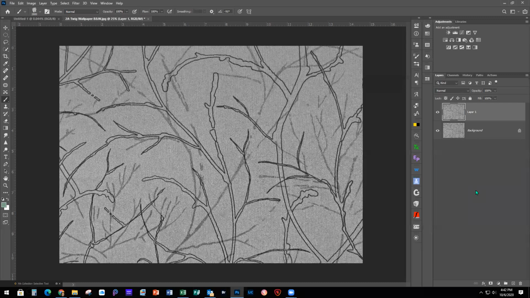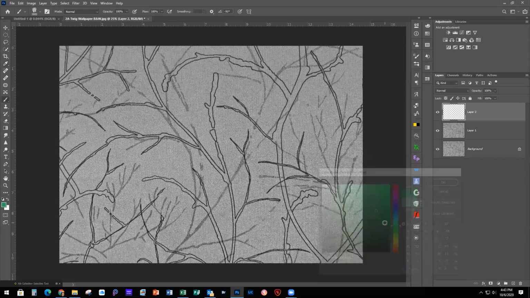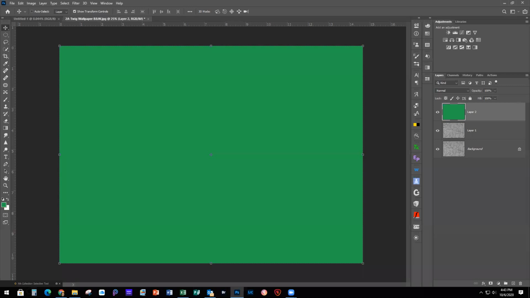And then we're going to add a new blank layer. And then we're going to click on that foreground color picker again. And I'm going to use a green, but a slightly different green. So 209C4C. And I'm going to fill this layer with color. So I'm just going to do the Alt backspace. And then I'm going to change the blending mode